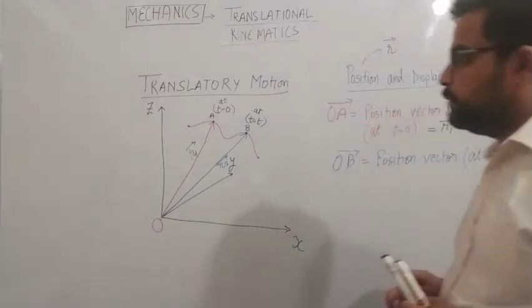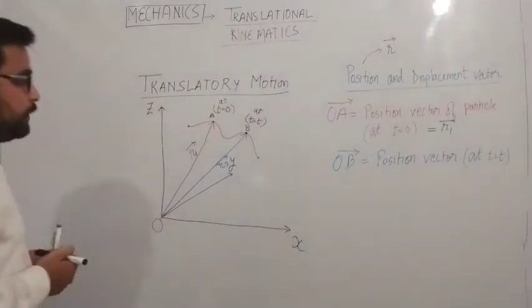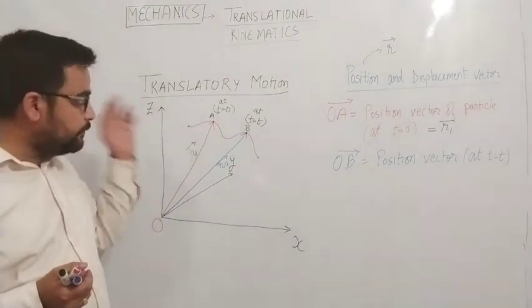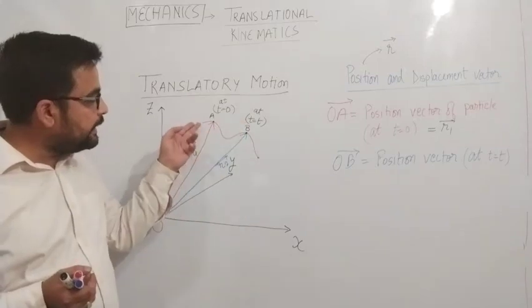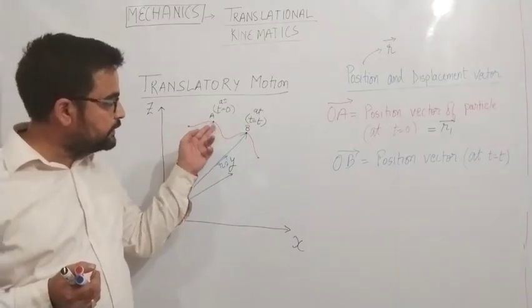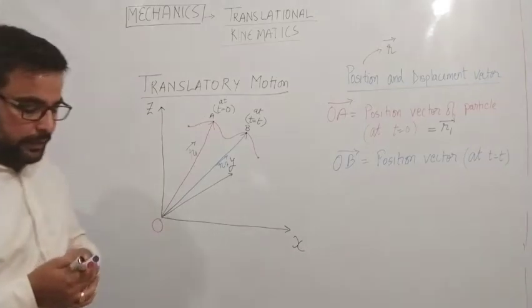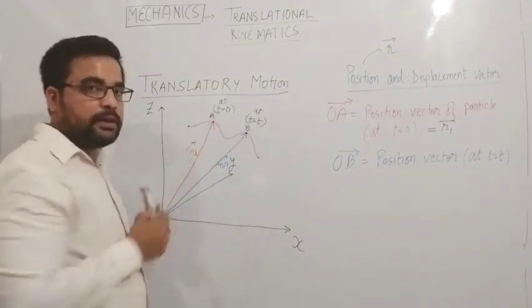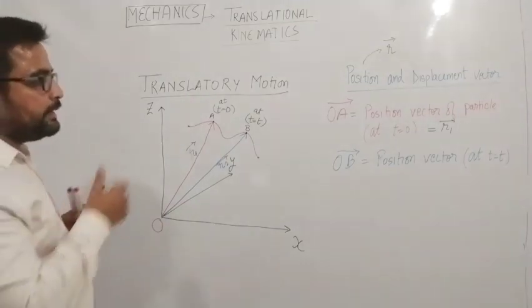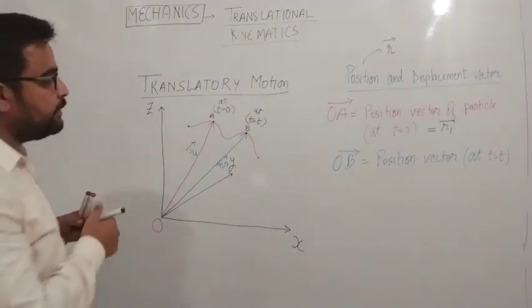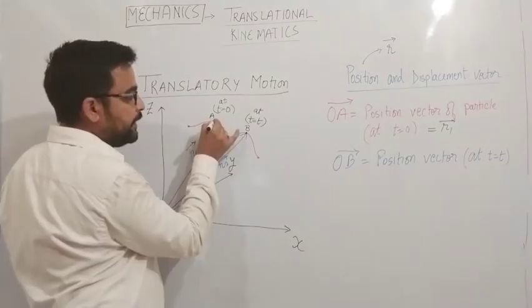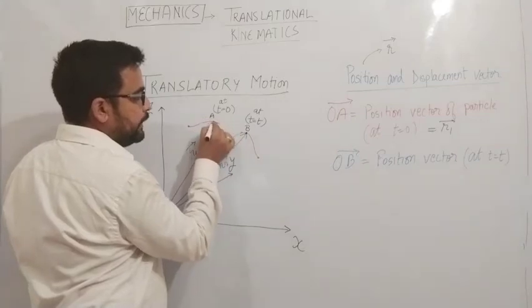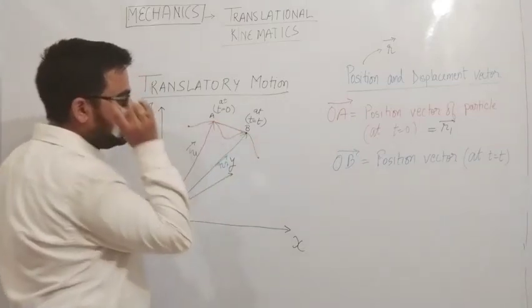I am naming it r2. Now see, as you know, the particle within the time t has moved from A to B over this path shown by red color, right? So B is your final position, A is your initial position, and as we know, displacement is what? Displacement is nothing but the shortest distance between the starting point and the ending point, the initial position and the final position.